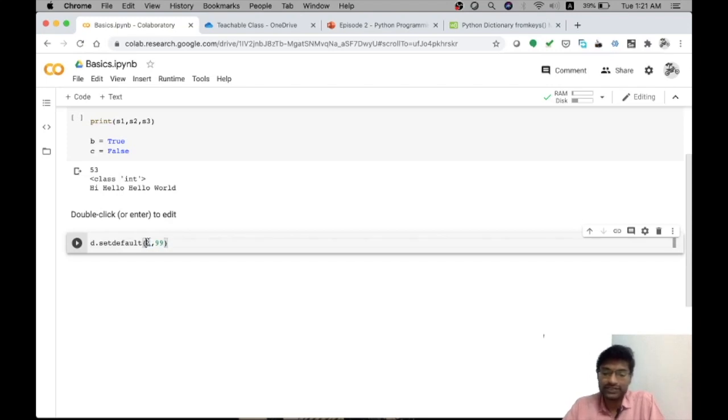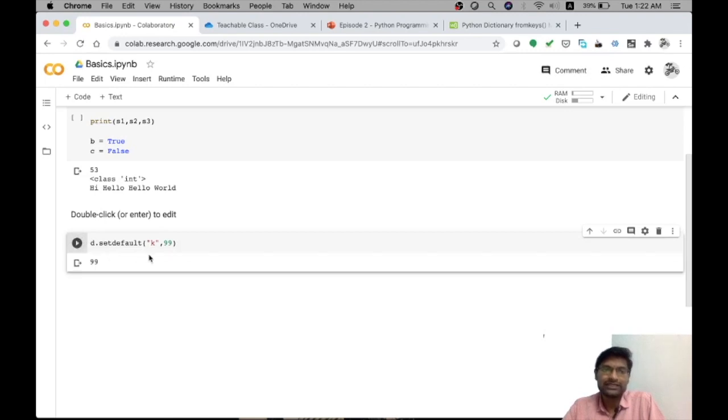So I need to give it inside double quotes, since it's a string letter, I have to give it in a double or a single quote, and value as 99. This will simply create an element inside d. So inside the dictionary, an element called k and its value 99 will be stored, and then we will be able to access it at a later point of time.